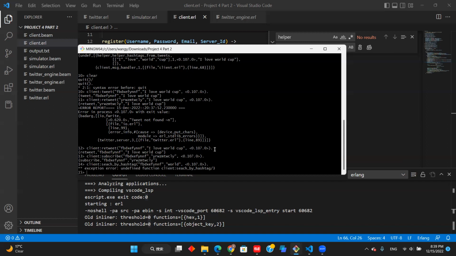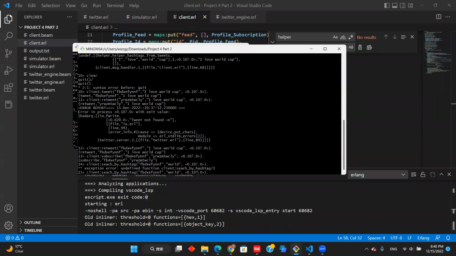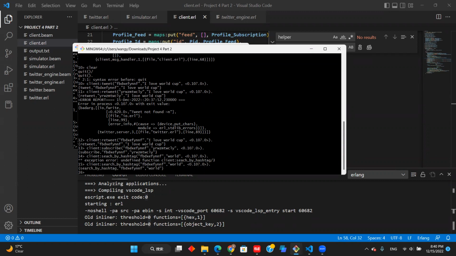Wait, this is not defined, but it's fine. Next, I missed one R, and I searched successfully. If I search by mention, and another hashtag,